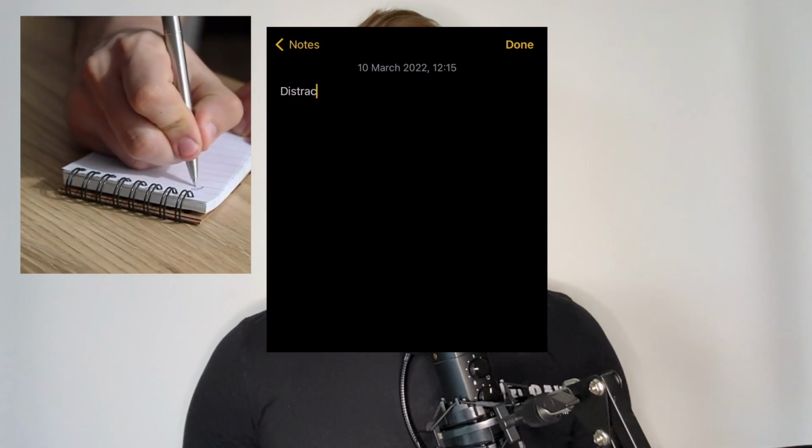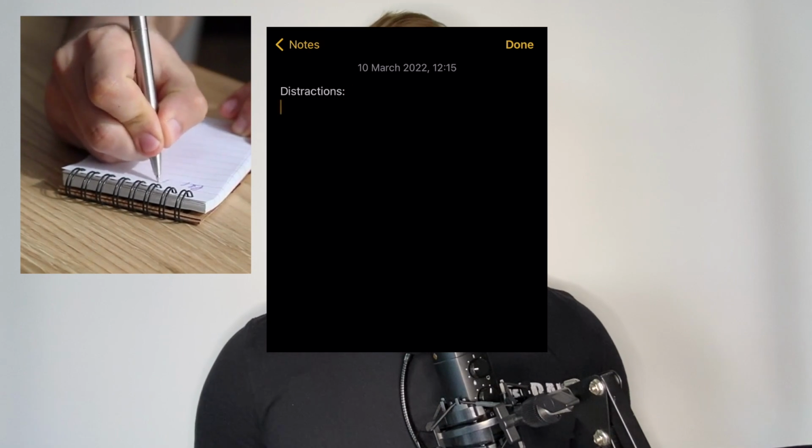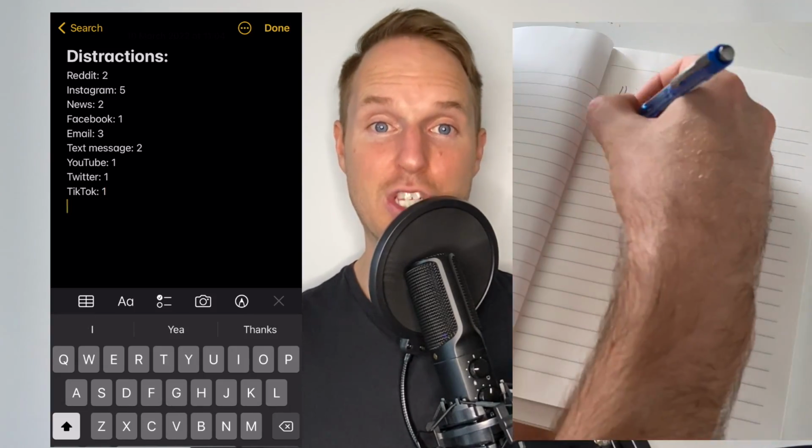So this technique allows me to not only notice when I've been pulled off task, but also trains me to notice distractions so much faster and can save us so much time. Not only that, it helps you become aware of the biggest offenders and attention vacuums that take us away from our valuable focus time. All you need is to have a notepad, or I use the Notes app on my phone as it's generally always around me, and when I sit down to get a piece of work done or look at the jobs that I want to get done today, I want to make sure that I have a distractions page ready within quick reach to note down what exactly I get distracted by,